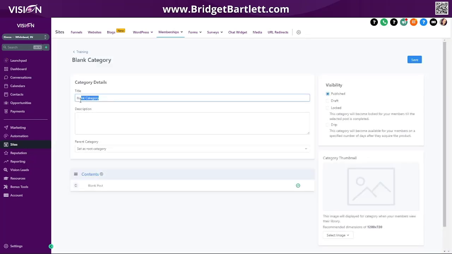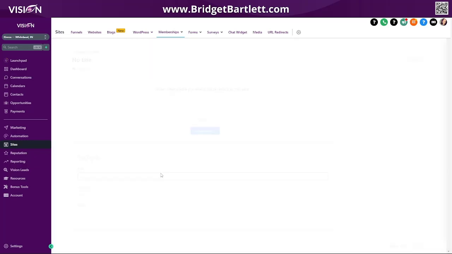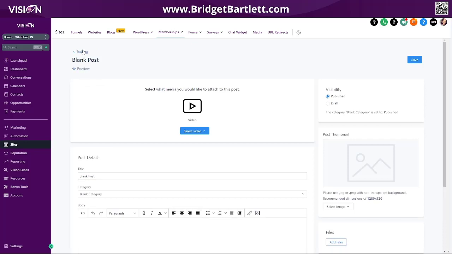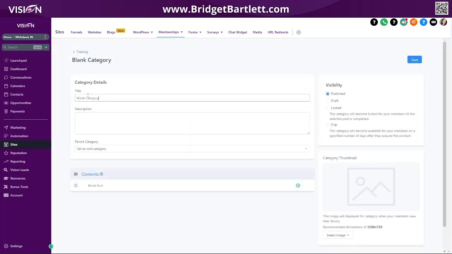Let's divide this up in categories. So let's say this is onboarding. So we're creating an onboarding category, and then maybe inside of our onboarding, oops, I should have saved that. We want to do onboarding,